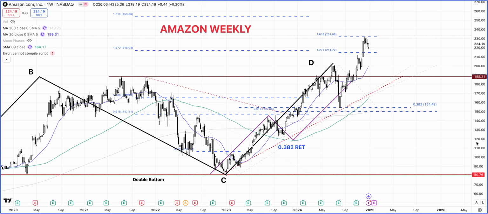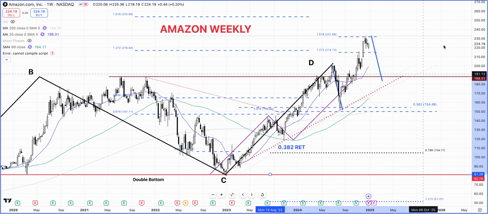So Amazon hit the exact number, which is the 1.618, and then for the last 3 weeks, it's just been in a trading range. The stock is strong. You can see that price is above the 20-week moving average. The trend line is still intact, but there is a possibility that because it's right at those technical levels, if there is a pullback, it could bring it back about this much, as this is the previous biggest pullback we have seen in the CD, like higher, and this would be about,